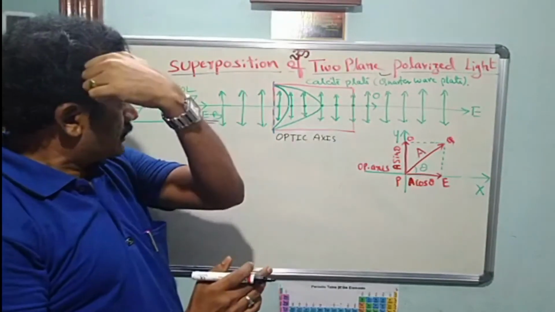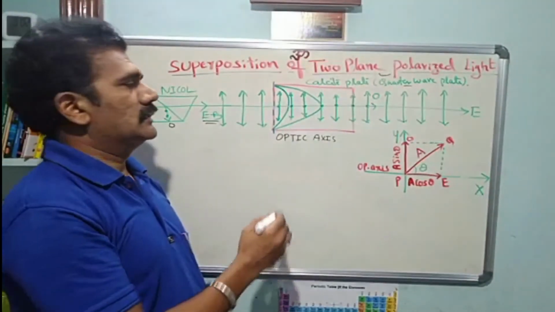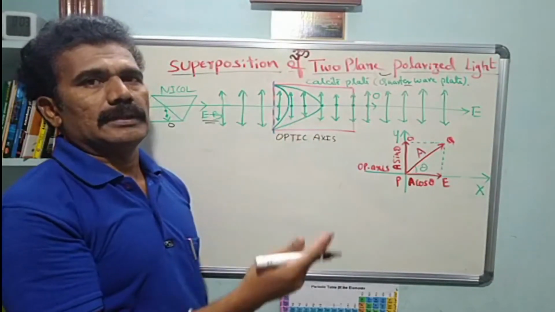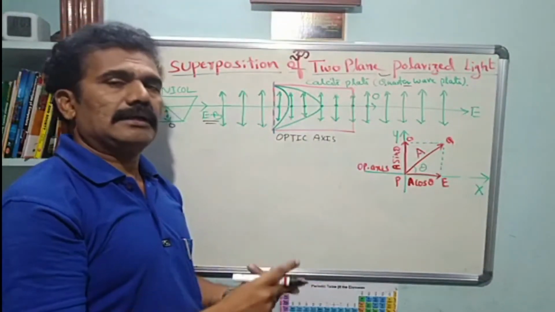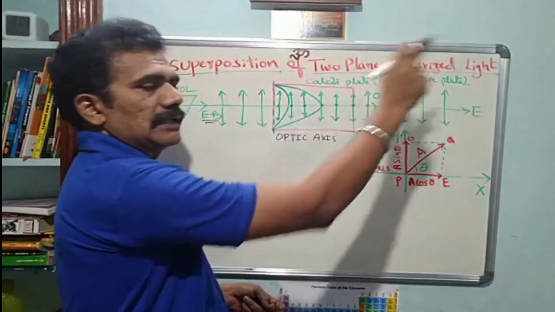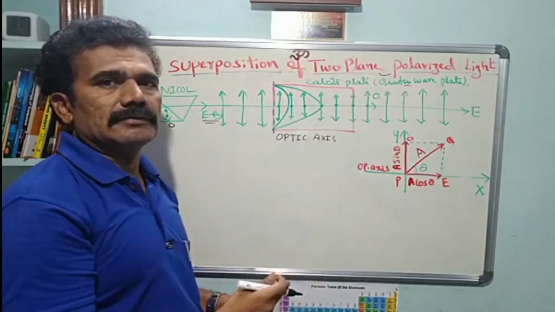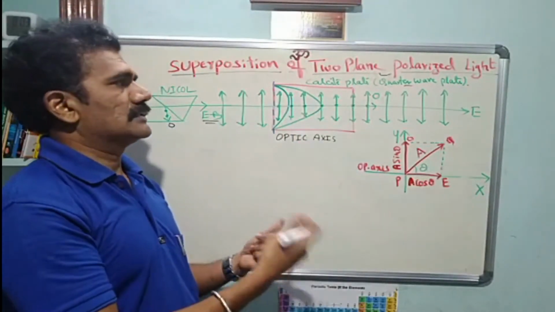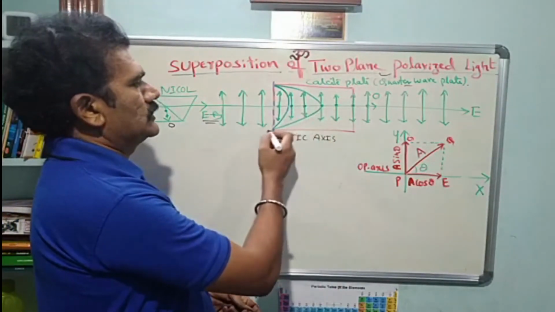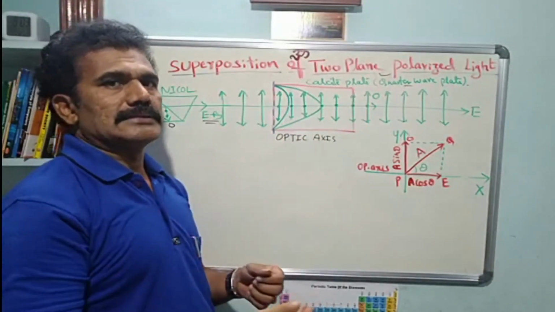Clear? And as you know, what is the function of this quarter wave plate? Once the plane wavefront passes through it, again we get two plane polarized lights, the ordinary ray and the extraordinary ray. Both are traveling in the same direction, but what is the difference here? The light rays are not traveling with the same speed, so the velocity of the light is different. So we have to consider the extraordinary ray, which is nothing but elliptically polarized light, isn't it?